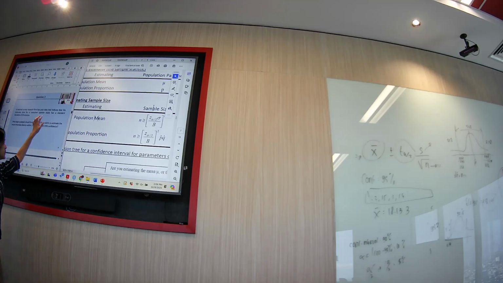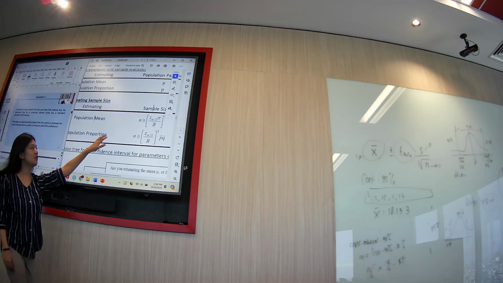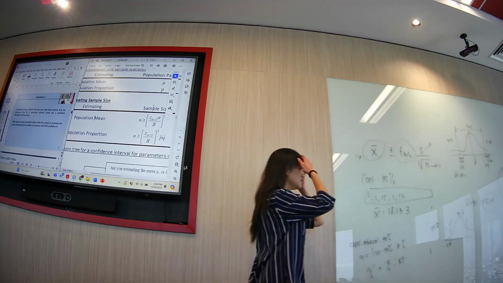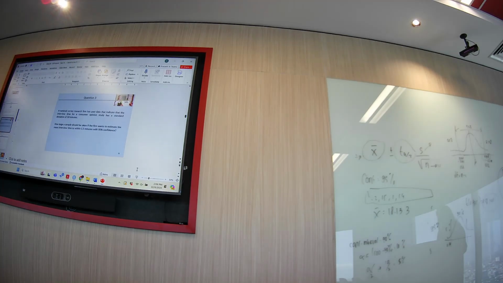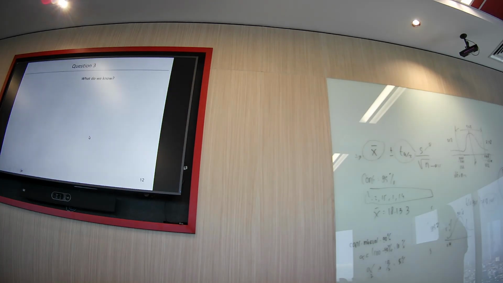Okay, after this I will explain. Here, estimate the mean interval. To find the sample size, you have two formulas. First is with mean, second with proportion. Based on the question, this one is mean, so this one. And what is B? You can see from the formula. What is B? Is this one. You already know this one is 95% confidence, so the alpha is 0.05. Alpha over 2 will be 0.025.